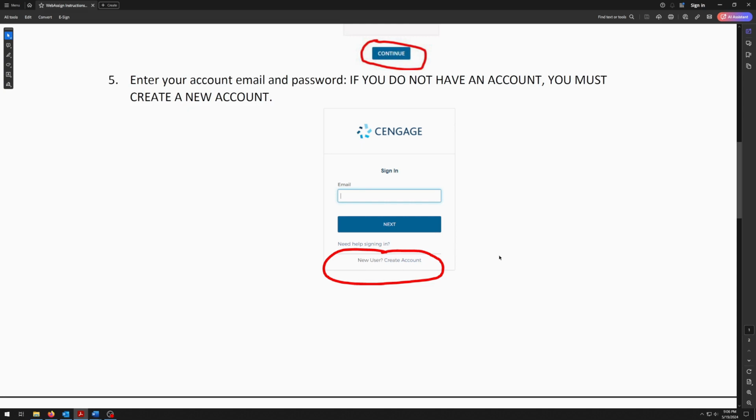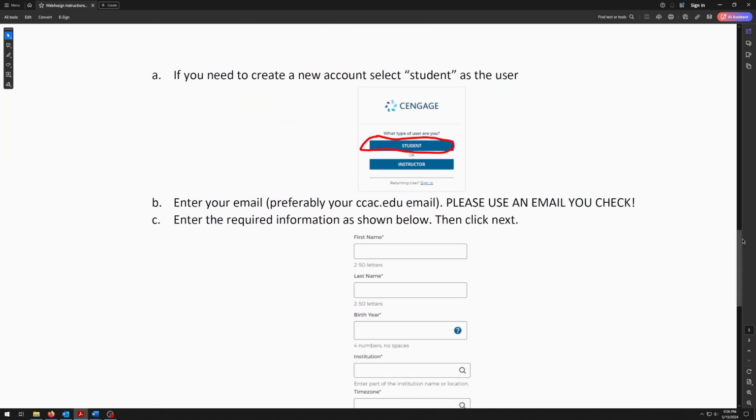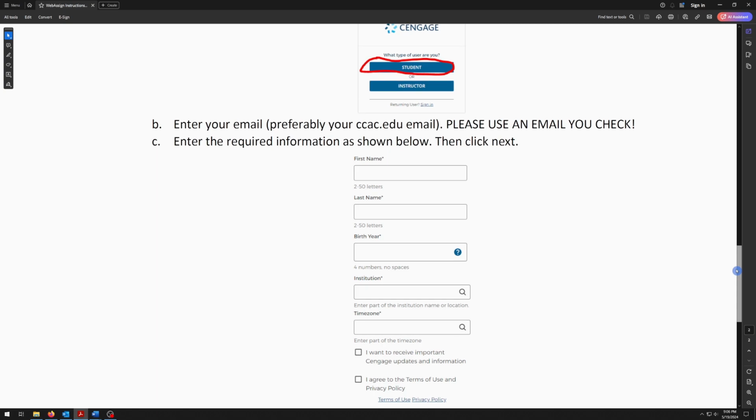And if you do that, it's going to ask, are you a student or instructor? Obviously, you're the student. Then you're going to enter an email. Now, you can use your CCAC email address. I don't really care which email address you use. What I really care about is the one that you check. I will go further into why I want you to use the one that you check later. So if you don't have an account, you're going to click on student, set up your email,